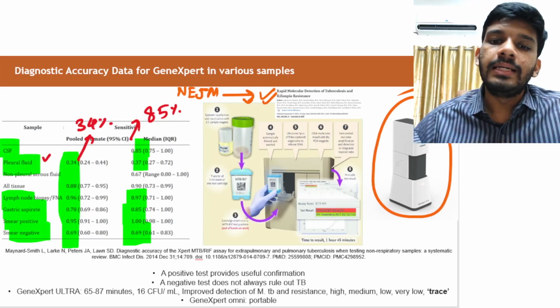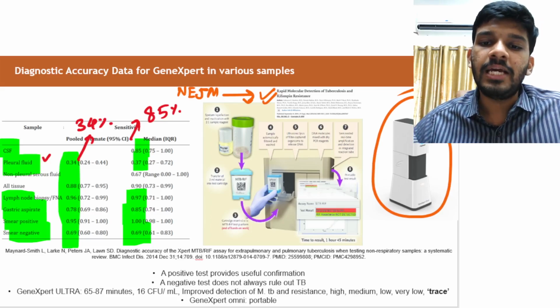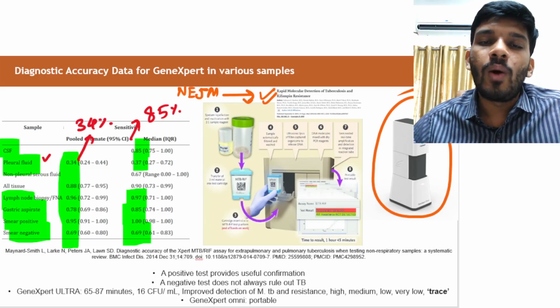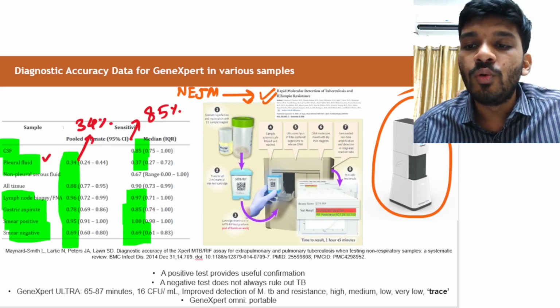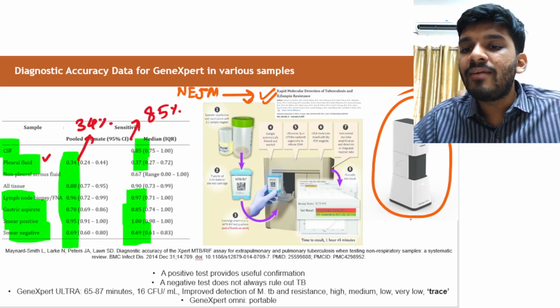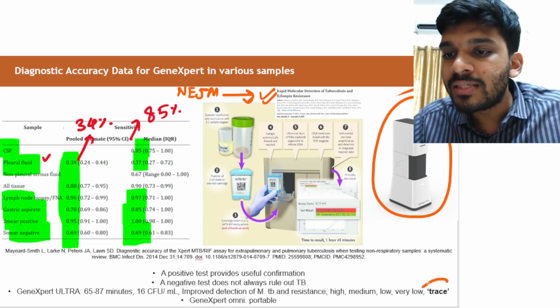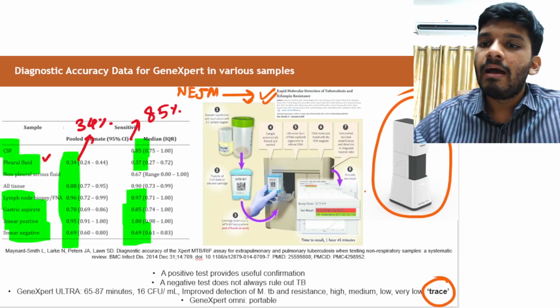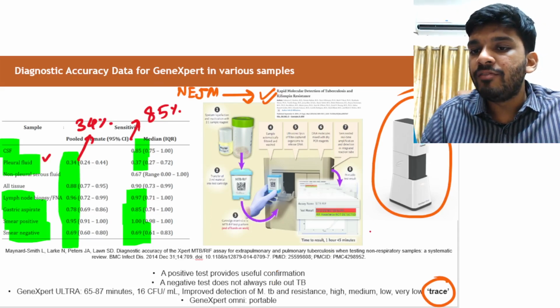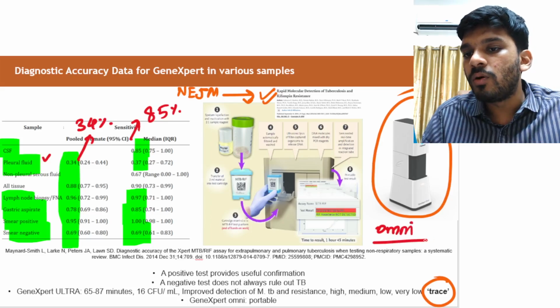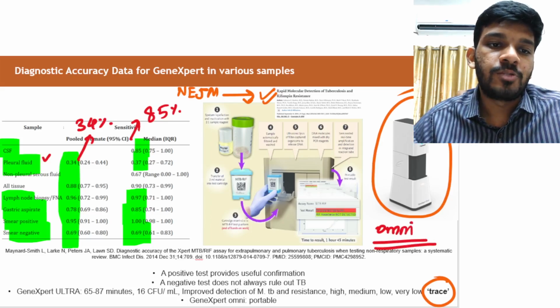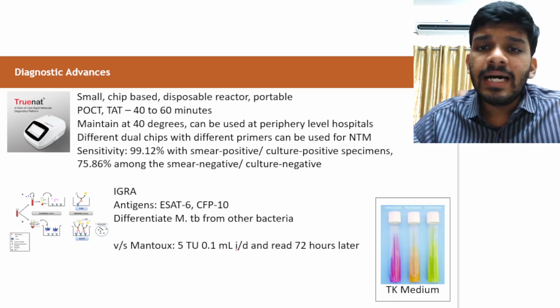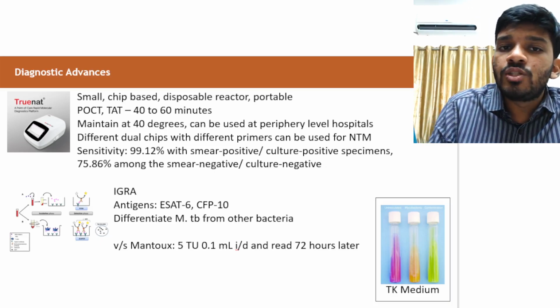GeneXpert Ultra is in a faster time, requires fewer colonies, 16 colony forming units, and for that they have added a new category of reporting called the trace positivity in GeneXpert Ultra. And this here is GeneXpert Omni, which is the portable model. In India, a lot of places are actually not using